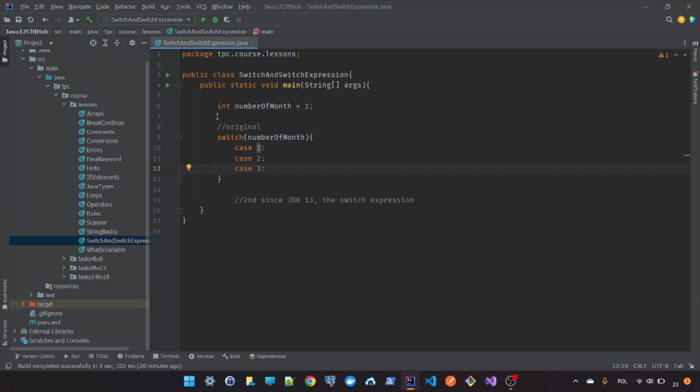While the program is running, the argument number of month will be tried to match the value of one of the cases. So if there's a match, then execute the code under that case. If not, go forward to the next case and so on, right? So in our case, we've got a match in our first case, and everything under that case, the first one,